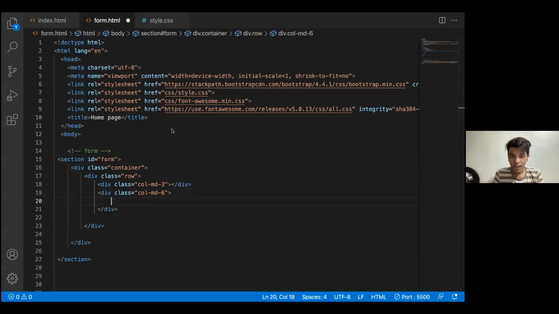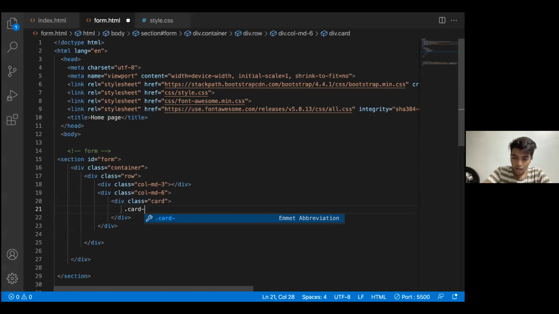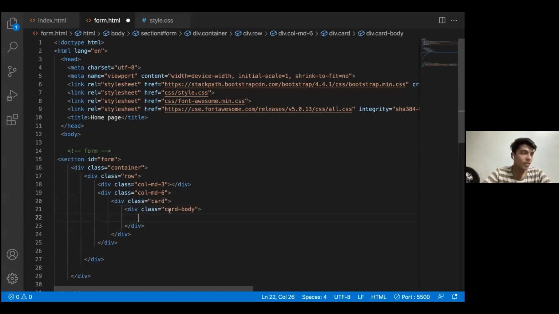So I need a card and a card body. So I'll be giving my form a class of card. So this is card and card dash body. This is the part where it gives us a card, and this is the part where it gives us a card body.